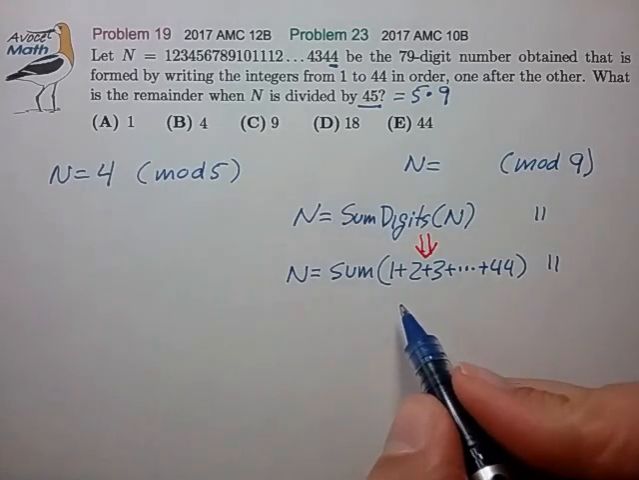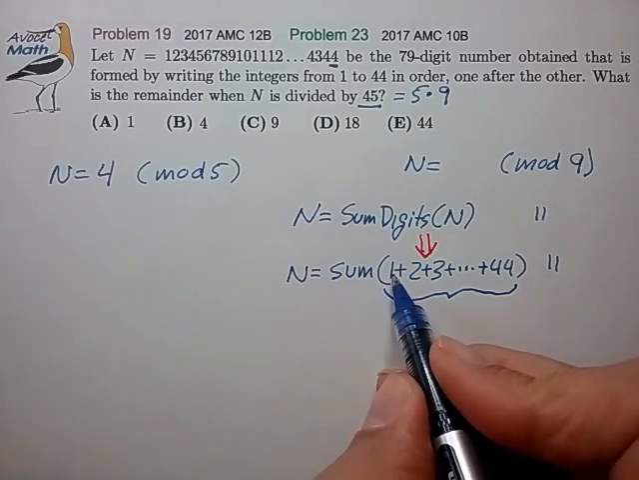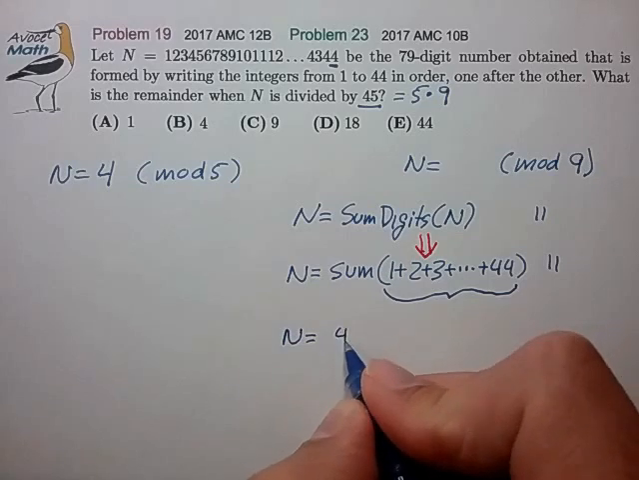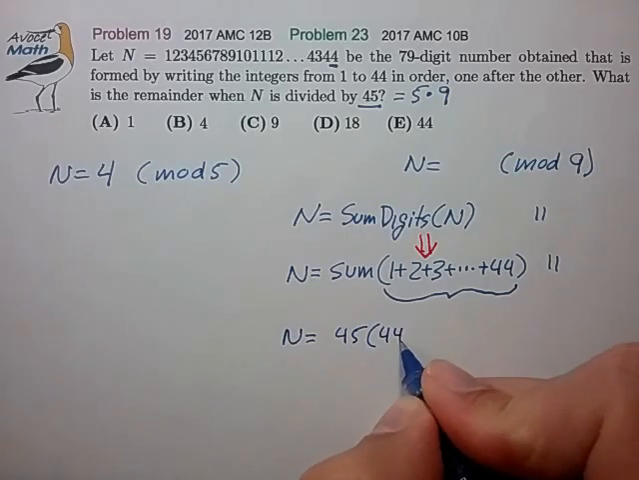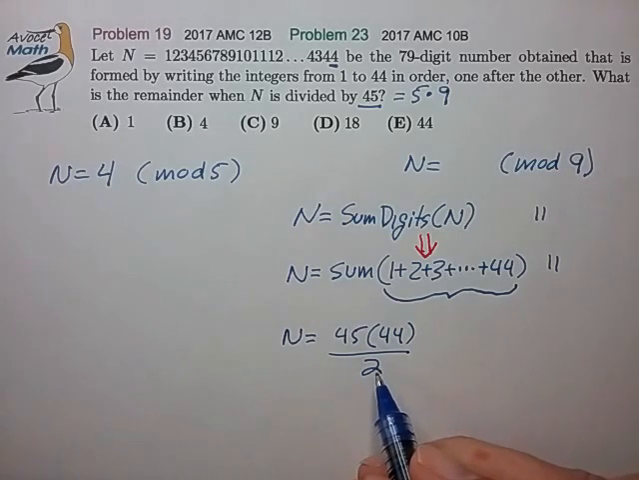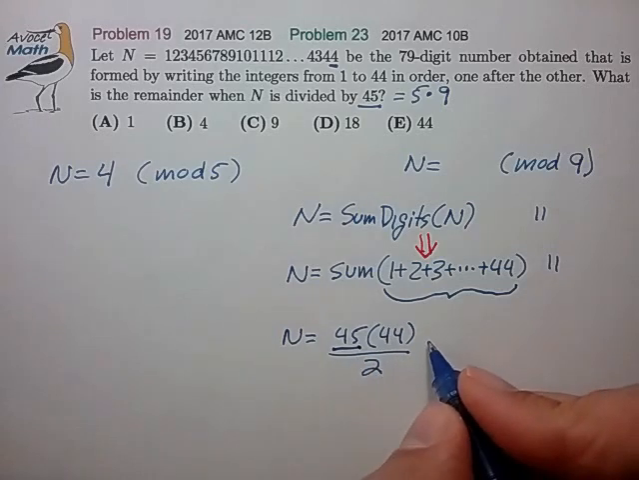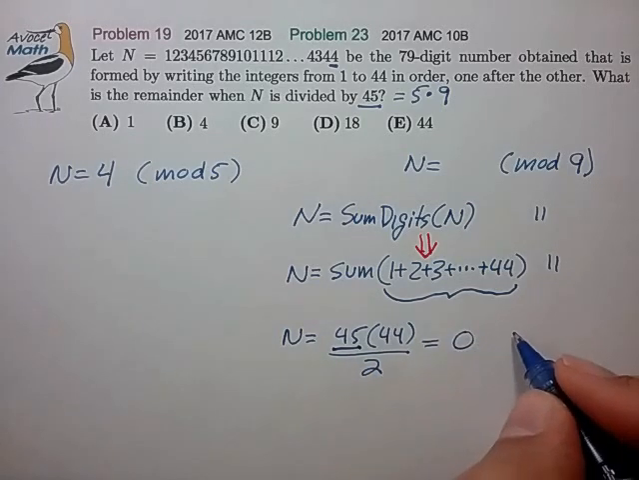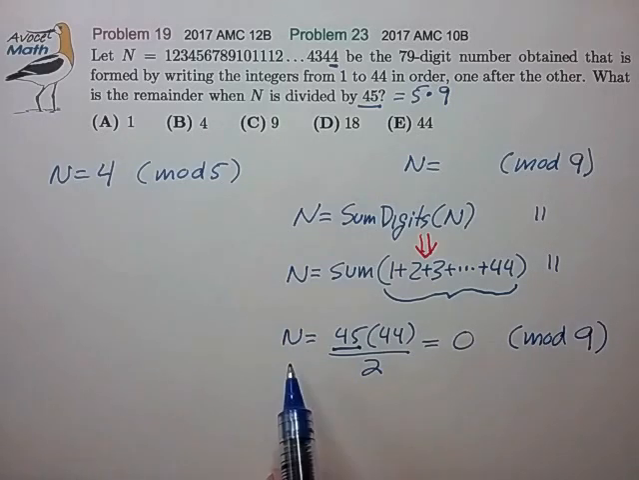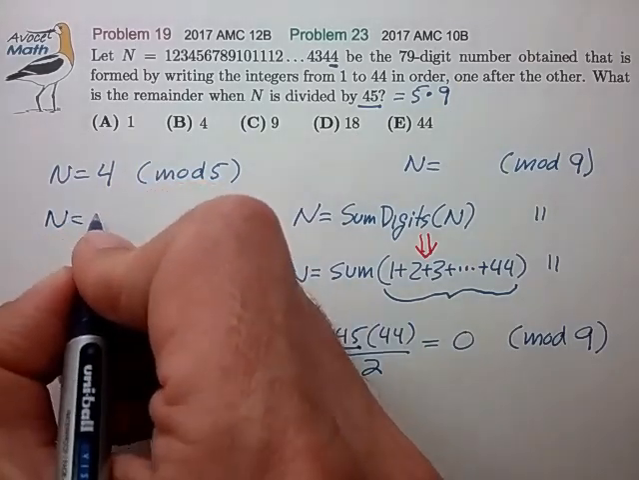But now from the third line we can employ the formula for an arithmetic series from 1 to 44 to find that n is equal to 45 times 44 divided by 2, again in mod 9. But now, since 45 is a multiple of 9, we find that this number is equal to 0, again in mod 9. So now we've determined that n is equal to 4 in mod 5,